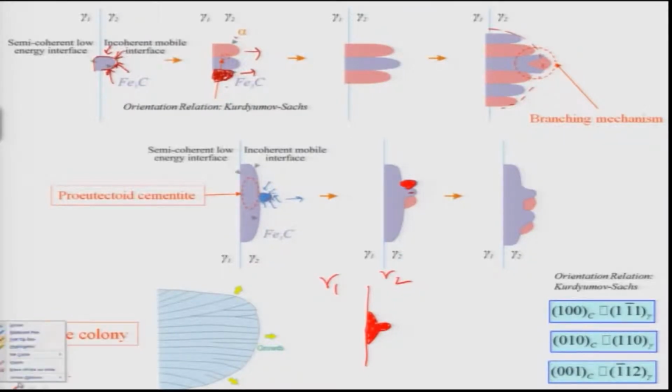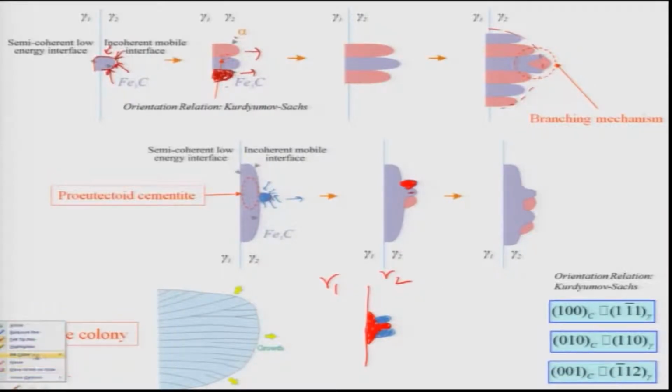And because the growth of alpha requires very little or actually no carbon, the nearby regions will become very rich in carbon, and when the carbon concentration reaches the critical concentration required for nucleation, Fe3C will nucleate on both sides,